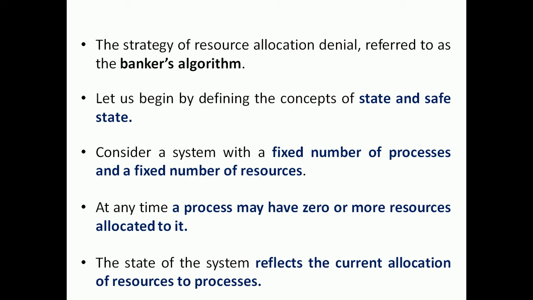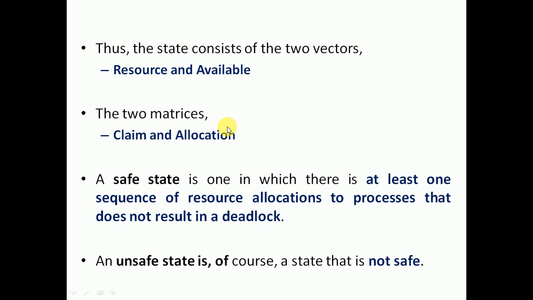If a process wants to start its execution, it may have zero or more resources already allocated to it. The state of the system reflects the current allocation of the resources. Okay. Then we have two vectors we have already seen: resource, which is defined by R, and available, which is defined by A, and we have two matrices, one is claim